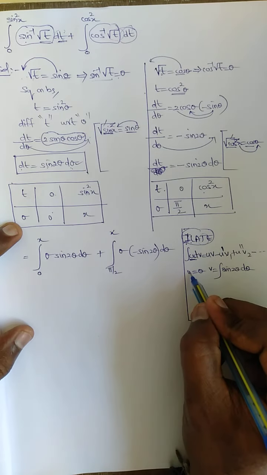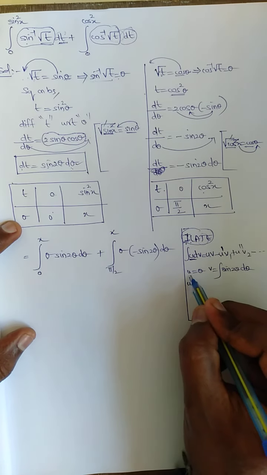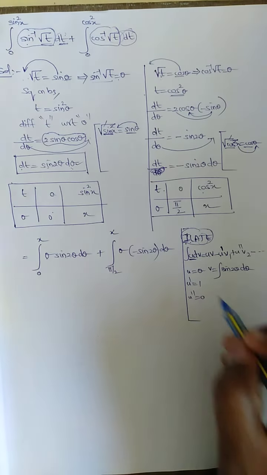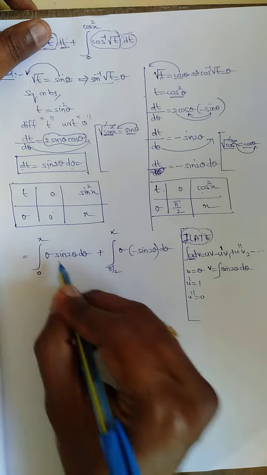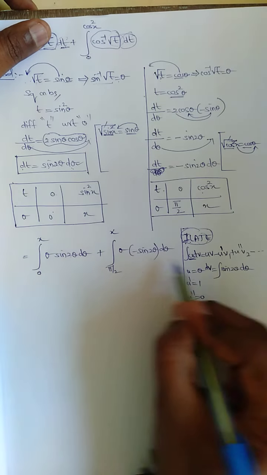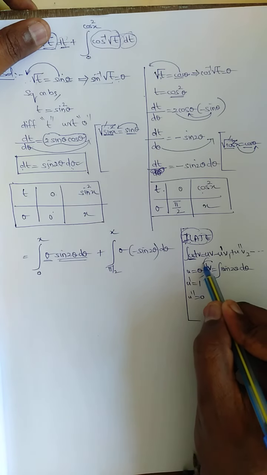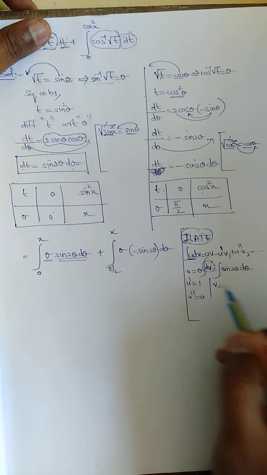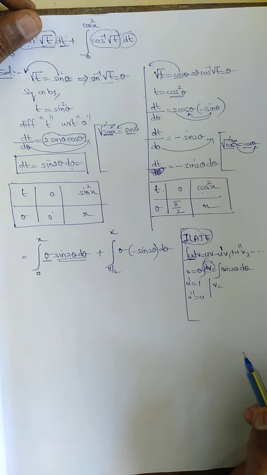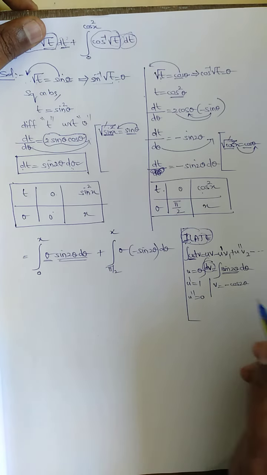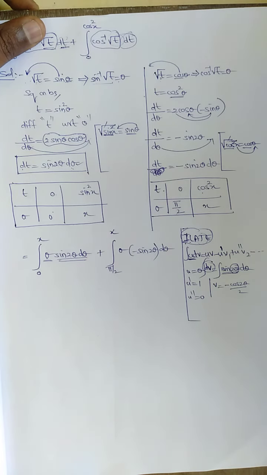Now differentiate u: u dash is nothing but 1. Theta differentiated is 1. What will u double dash be? 0. So the integration of dv, we take this one as dv, and u is this one. Integration of dv is v. Integration of sine 2 theta: sine 2 theta integration is minus cos 2 theta. For the integration of 2 theta we need to divide by the differential of 2 theta, which is nothing but 2. We need to put 2.